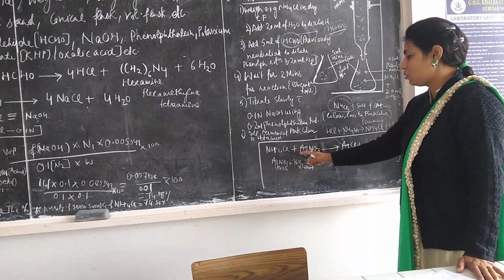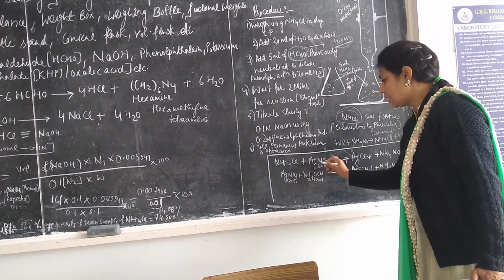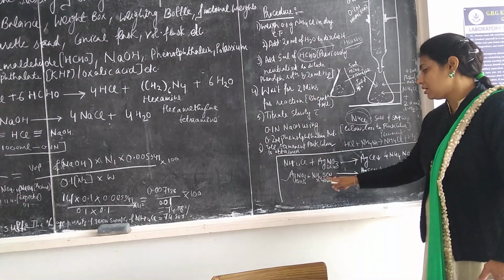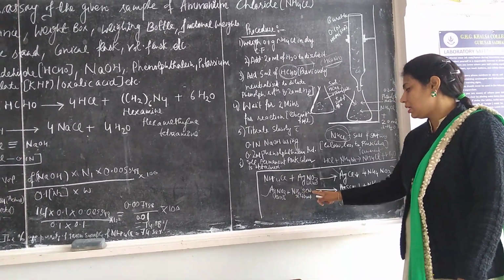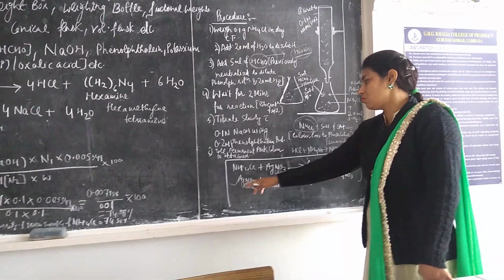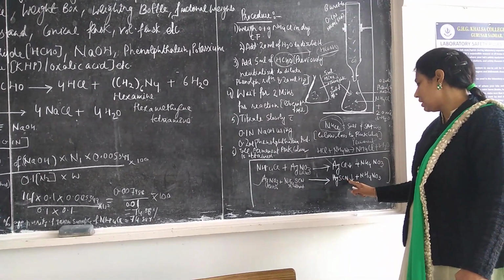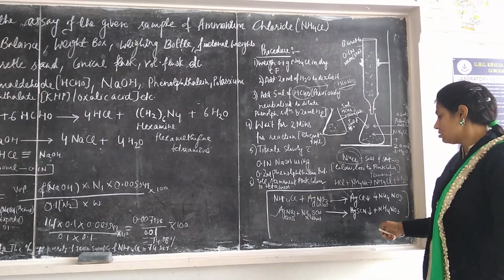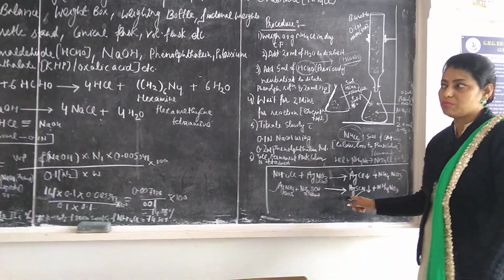सेकेंड स्टेप में क्या होएगा? जो एक्सेस में होता है, दिस इज वी आर टेकिंग इन द एक्सेस. सो एक्सेस इज अगेन ट्रीटिंग विद अवर सेकेंड टाइट्रेट. सेकेंड टाइट्रेट हियर आई एम टेकिंग माय अमोनियम थायोसाइनेट. Then it will react with AgNO3, that is silver nitrate, to form a precipitate of silver thiocyanate. Along with that there is a formation of ammonium nitrate. So this is the basic principle behind your Volhard method.